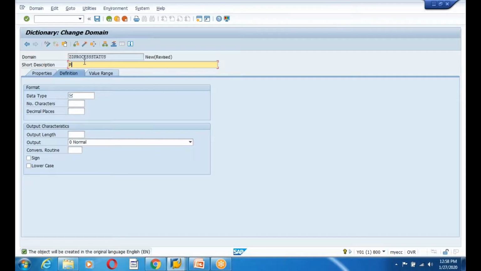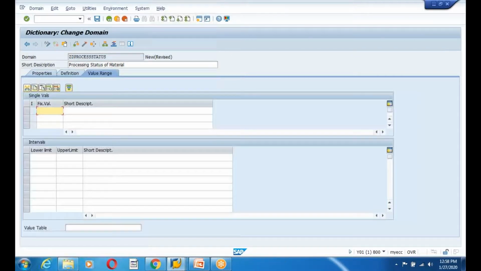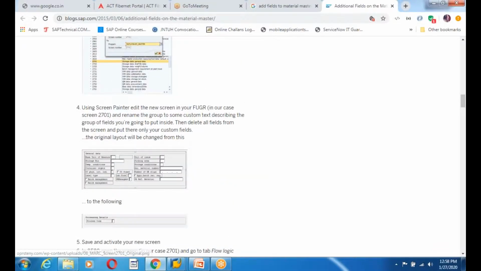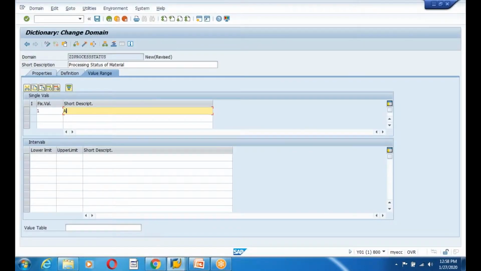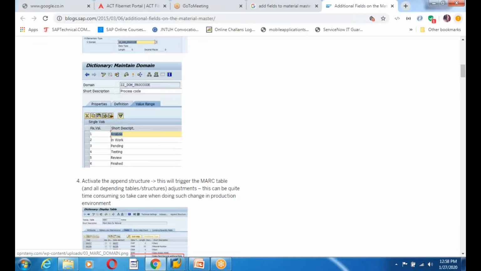It's processing status of material, and it's in a CHAR maybe 20, and I am going to give a value range, guys. One value, one for the analysis. So same values I'm going to give. Okay, one for the analysis, domain fixed values, two for the in work, in process, and three for the pending,